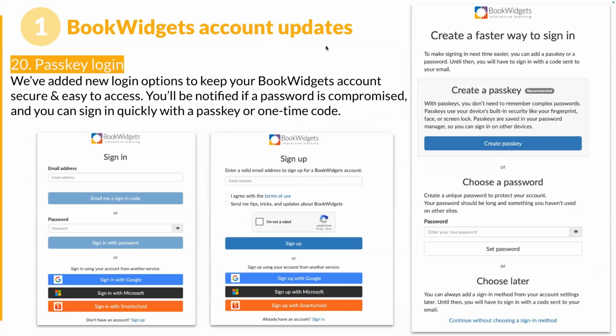All right, and you may have noticed this one already. So now we are doing some passkey login. To make sure that your BookWidgets account stays secure and easy to access, when you go to sign in, you'll put in your email, and then you'll get an email with a sign in code. You'll get that immediately. It is instantaneous pretty much when you plug in your email and give you the code,